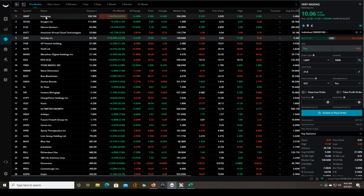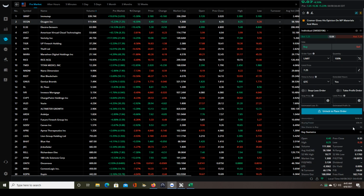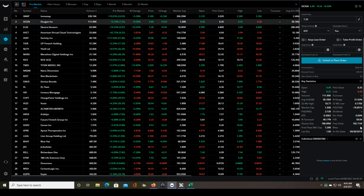So I was looking at Immp and ELSE. OCGN has too large of a float size. My cutoff is 110 million shares. And the reason why is because even if they're in the top gainers list, when they are higher float size, it takes a ton of volume to move them, and you can see this one being only in the number